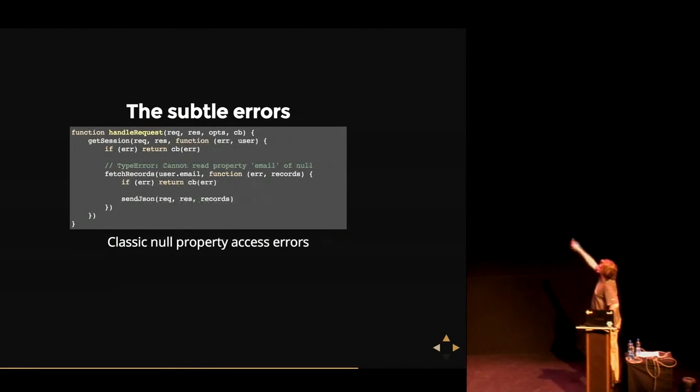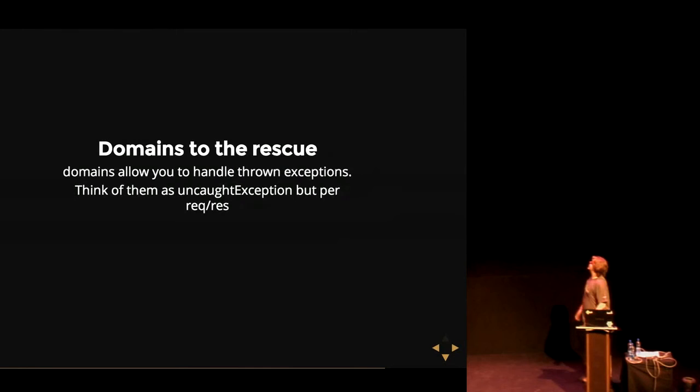One approach is try catch. Express will put a try catch around your request handler. But this is not in a request handler, it's in a callback. So thankfully, in Node Core, there's some nice work to deal with this, and it's pretty awesome. Domains, in a nutshell, take any foreign exception and route it to where you can actually deal with it. They're like an uncaught exception handler for each request response.